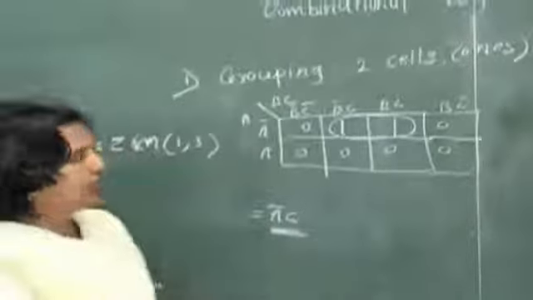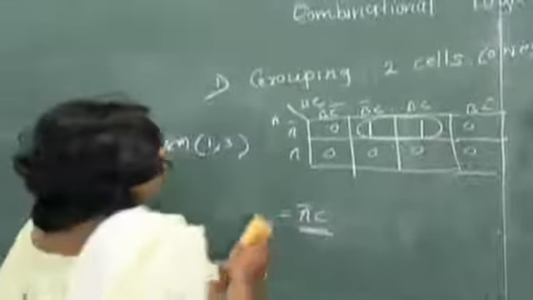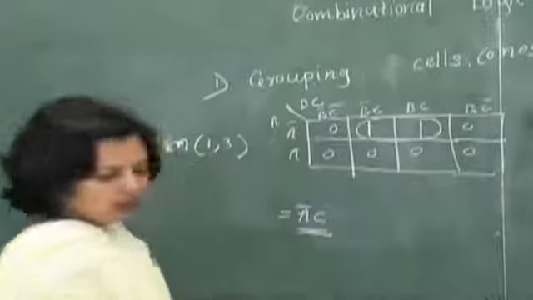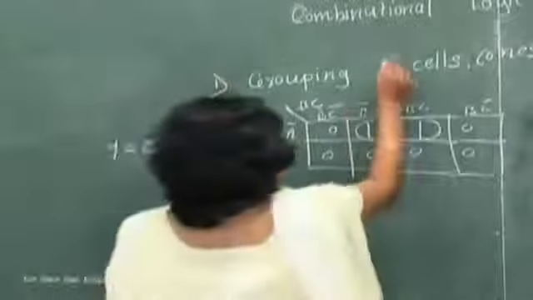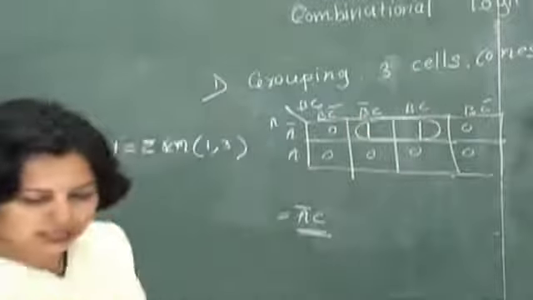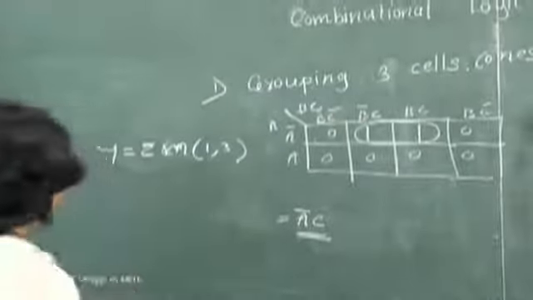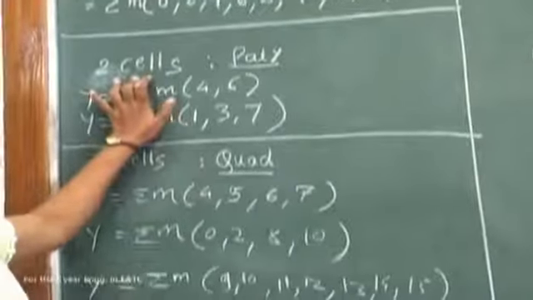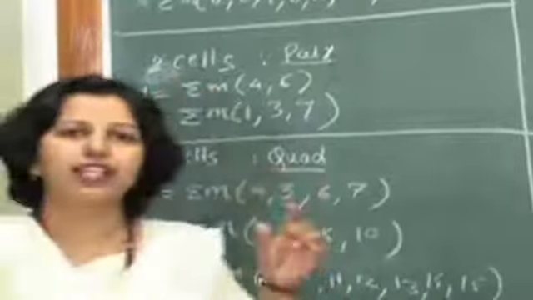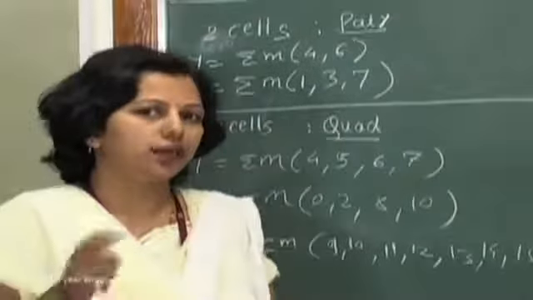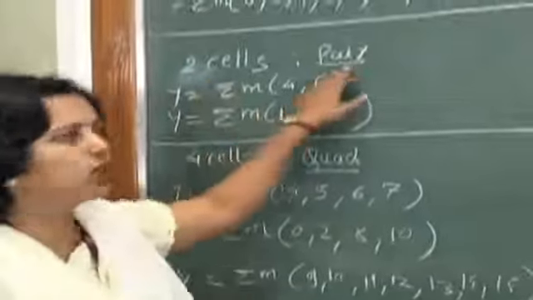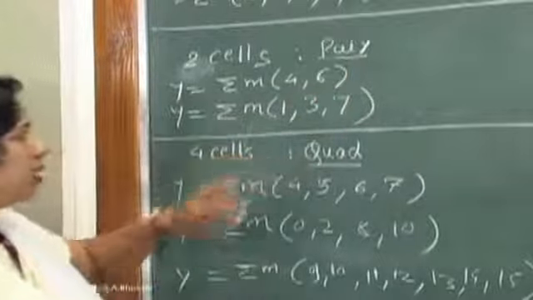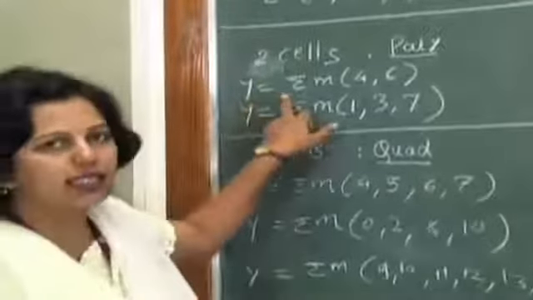Now we will go for the next, coupling of the 3 variables. I'll take an example for this. Let us go for a few more examples for the coupling of 2 cells. See, coupling is done for adjacent ones. When we are coupling 2 ones, that is called a pair. One example we have already seen. Let us go for the second example.